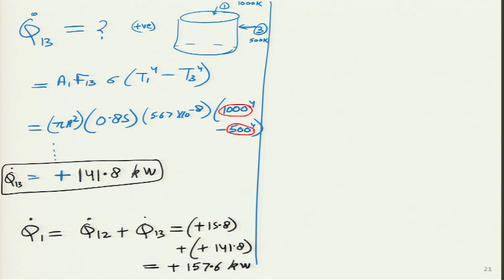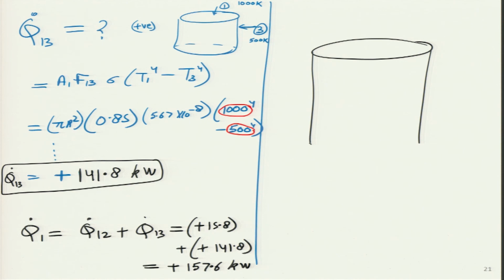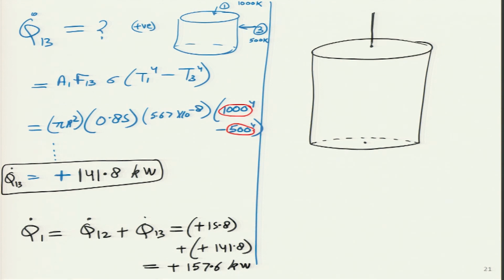which means now we come to the real challenge. The real challenge is if I have to design this thing. Look, solving and calculating is sometimes very easy, but as an engineer we may have to design something in real life. So that concept should be clear to us. Of course, help will be there, that manufacturing company and others, they will help us fabricate it, but the design has to come from the heat transfer engineer. So what design is he talking about? He is now telling that on surface number 1 we have to put a big heater. Why? Because it is from surface 1 we are giving most of the heat over here, and this is plus 157.6 kilowatt.